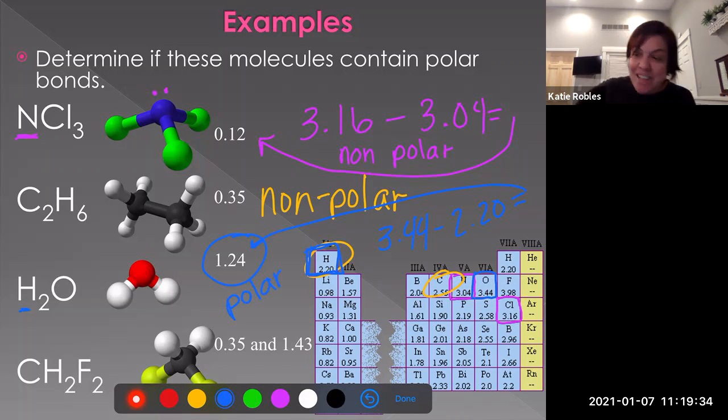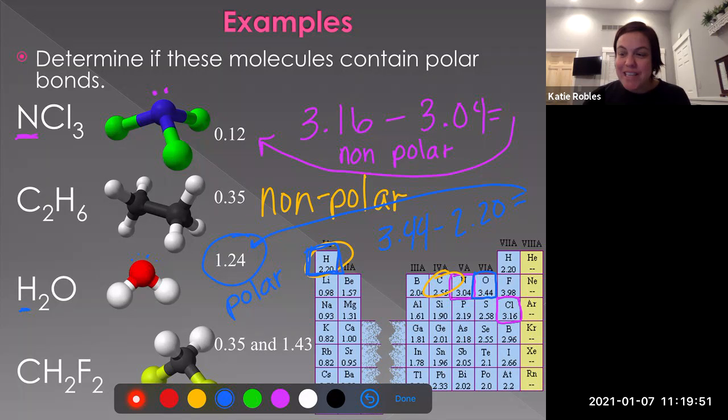And it's got lone pairs, so it's a polar molecule. So they're really polar bonds and a really polar molecule, which makes it really, really polar, which is why we get that really strong type of bonding called hydrogen bonding. Now the last one,